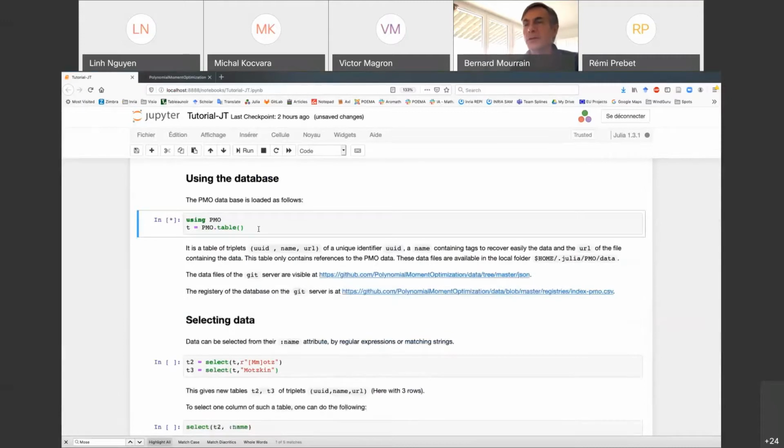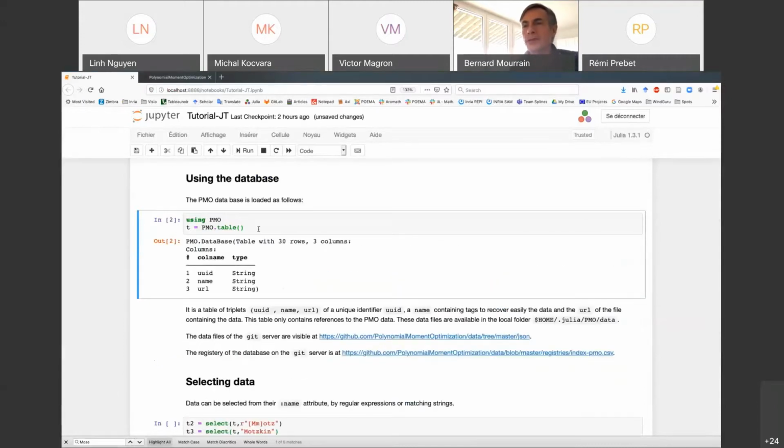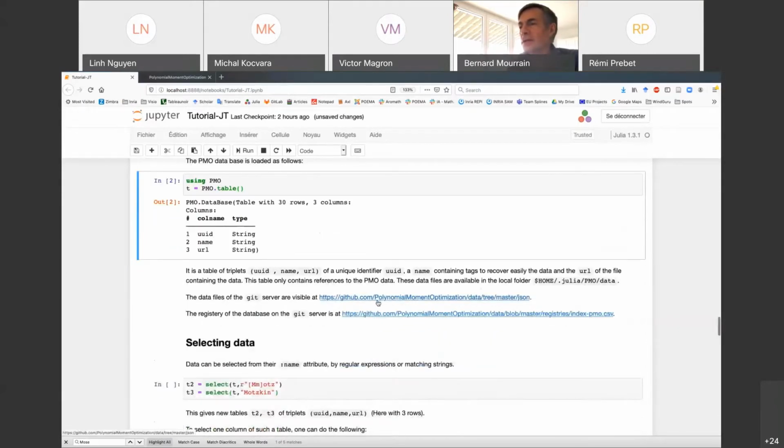So I use this package PMO and create this table T here. What I get is a table with these 30 entries, which are the existing ones so far in the database. It's a table with 3 columns and 30 rows.